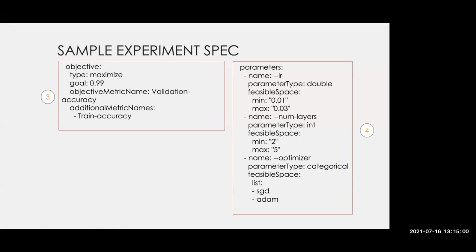The next section is the parameters, where you define your search space. So here, as I've said, there are 3 parameters. One is learning rate, which is of double type. And I've set the minimum and maximum, and I could even set the step size. For the other one, it is an integer value for num layers, and there's a minimum and maximum for that. You could also have a categorical where you specify a list of values for optimization, SGD or the ADAM optimizer.